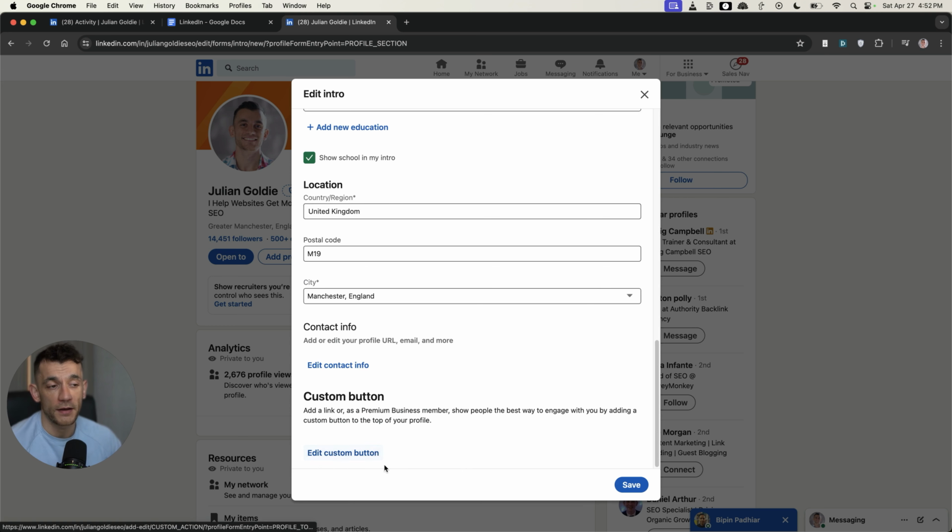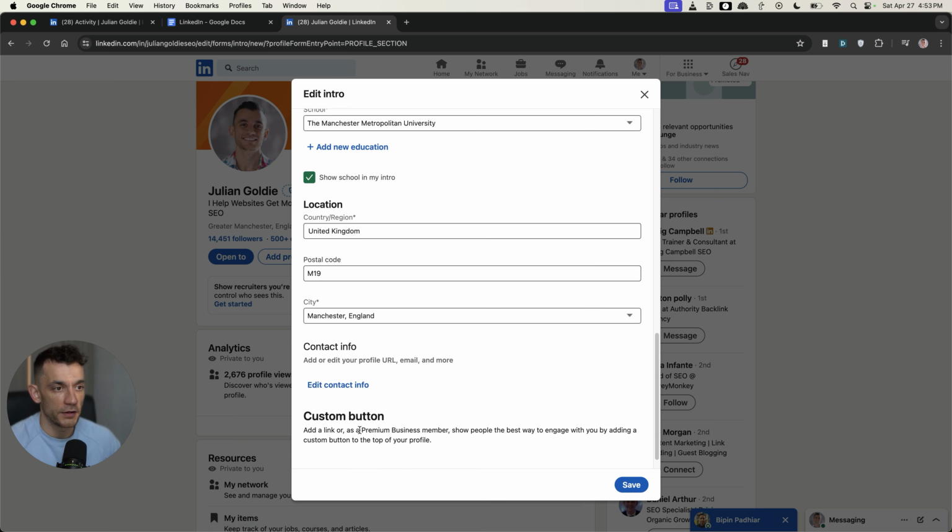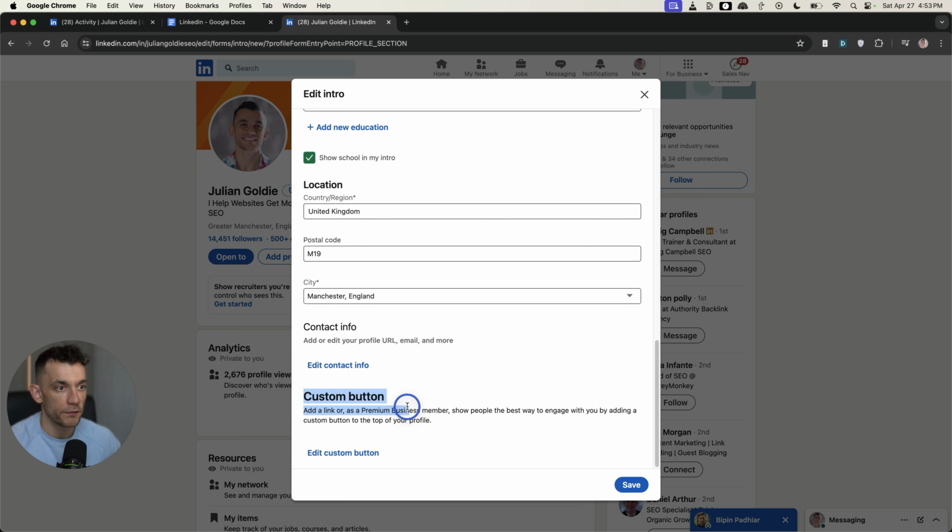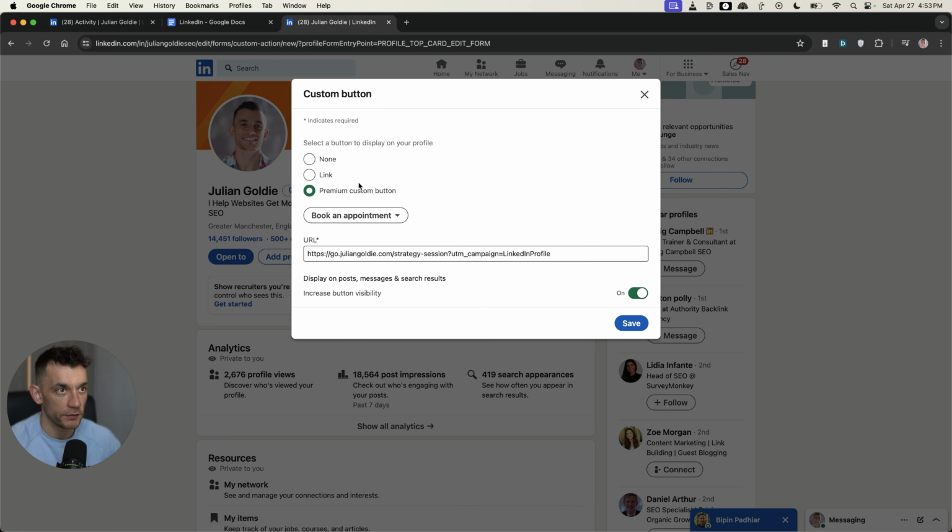Bear in mind, if you get one client out of this, it's already paid for itself like 10 times over. Number two, you can add a custom button, right? So you can see, once you're a premium profile member, you'll see this custom button section right here. We can go to edit custom button, premium custom button, book an appointment, and then you'll see how I have